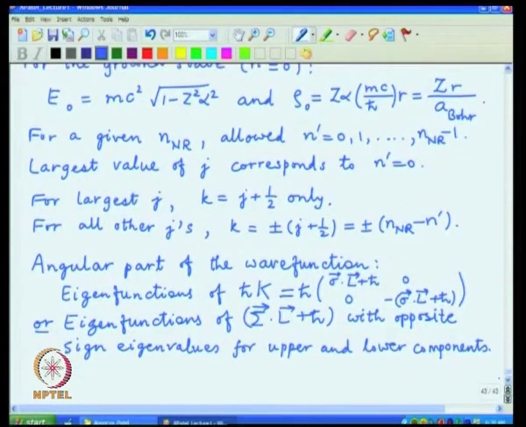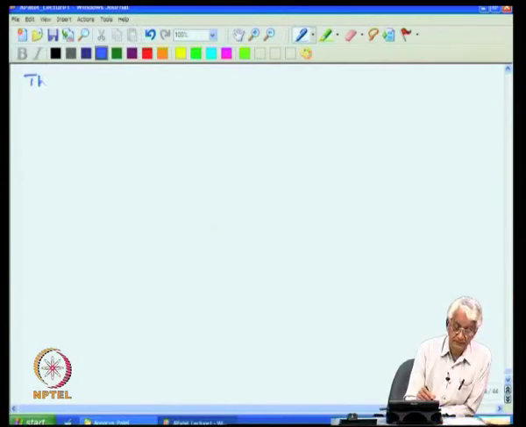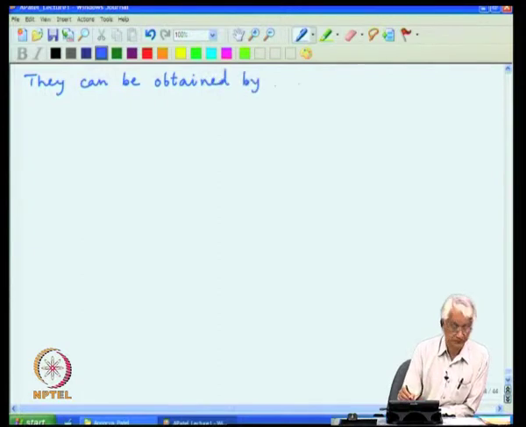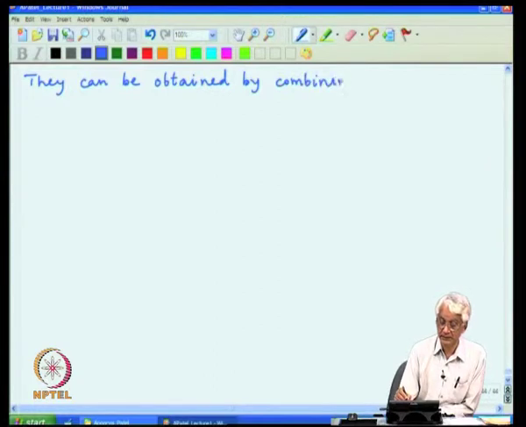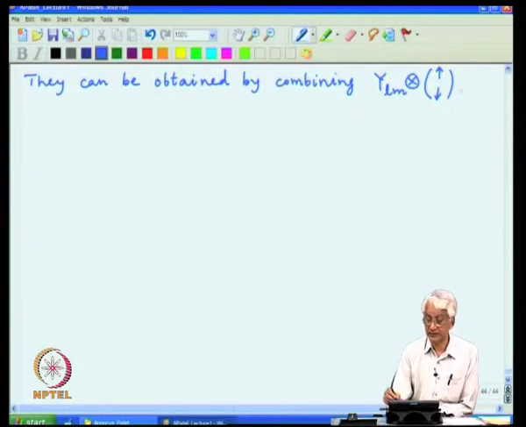Those things can be worked out, and the results for the non-relativistic case are well known, obtained by doing a tensor product in the angular momentum algebra, which one can schematically write as a spherical harmonics multiplied by the up and down components,